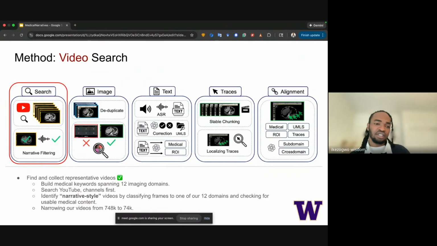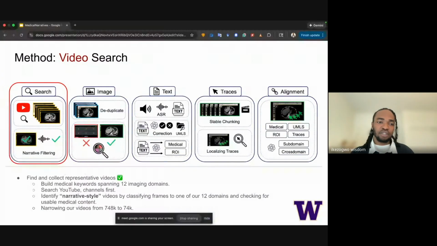We essentially narrowed the videos that we care about. Again, these are what we call narrative style videos, by leveraging chunks of videos that have stable backgrounds. We identify those stable backgrounds using SSIM. Obviously, those stable backgrounds are on medical images rather than on, say, people's faces or some other content.